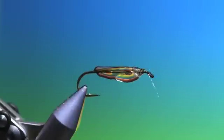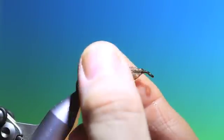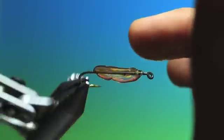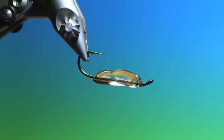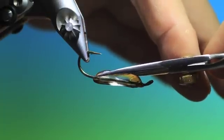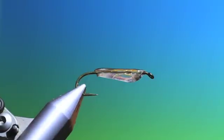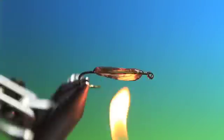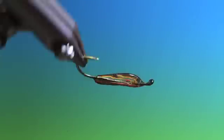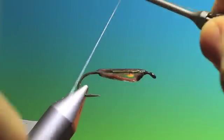Just pop that down. Get in there now. So we'll take a little bit more of that off. And we're about there, I think. Just need to warm that up again and smooth out the edges. Looking good. What we do now is we take our tying thread